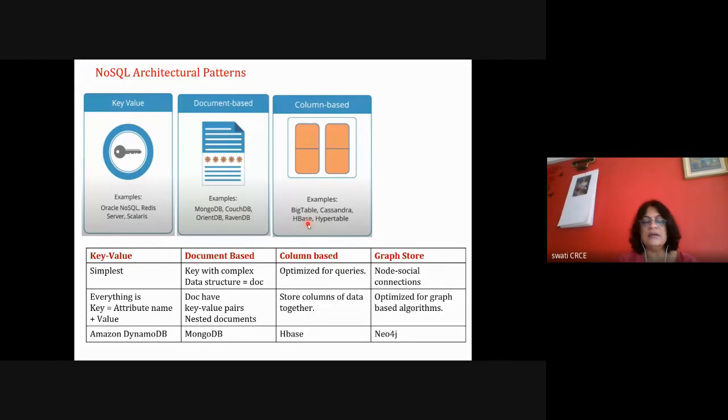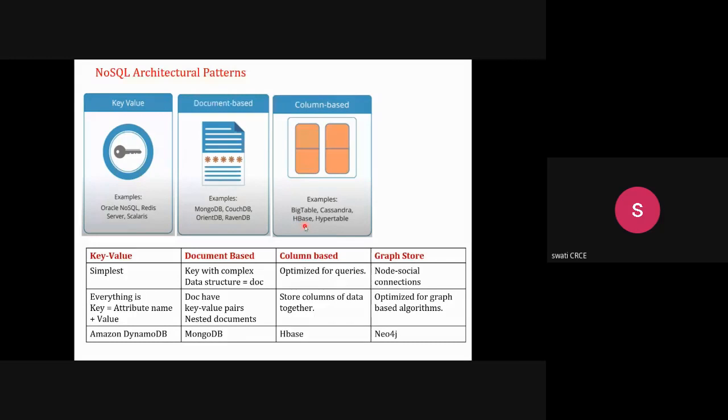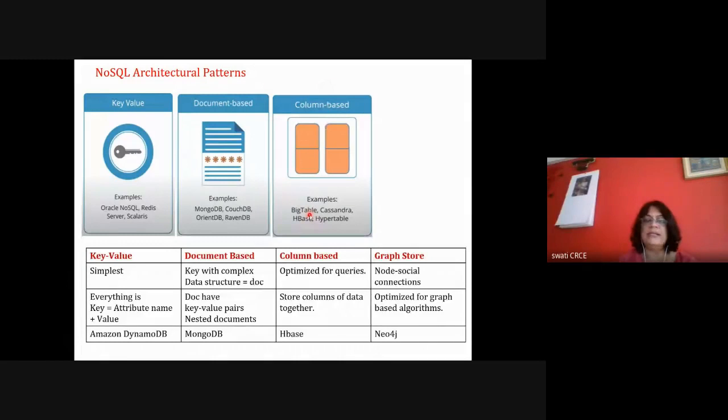And the example is HBase and Google's Bigtable. First, Google came up with this, that is Bigtable. So Google's Bigtable is a column-based NoSQL data store. And HBase got developed after Bigtable. When Google released Bigtable as the technology, they released it for others to study. Then in Hadoop, HBase